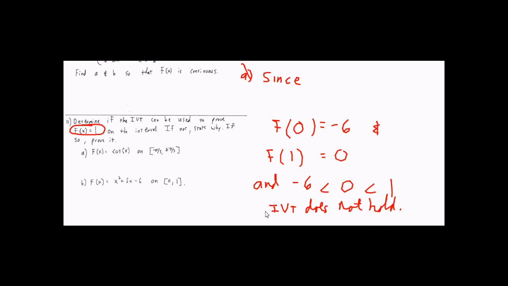If the interval had been, let's say, 0 to 3, instead of 1. Now when you plug in 3, you get 9 plus 15, which is 24, minus 6, which is 18. Now we can use IVT, and you would write, since f of x is continuous, and f of 0 is negative 6, and f of 3 is 18, IVT holds because, and you would write all the same stuff here, except you wouldn't write this part down here. You would write IVT holds